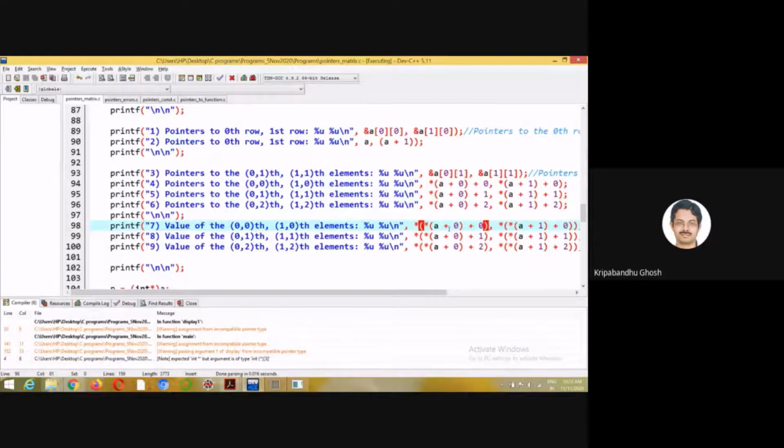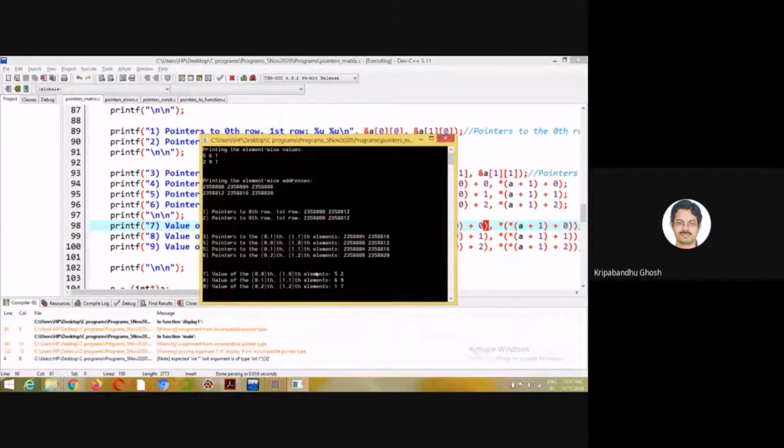We can check here. 00 is 5, 10 is 2, 01 is 6, 11 is 9, 02 is 1, and 12 is 7.